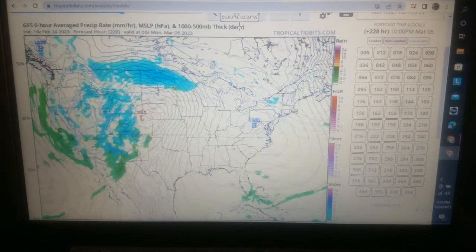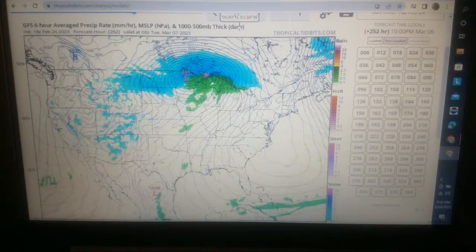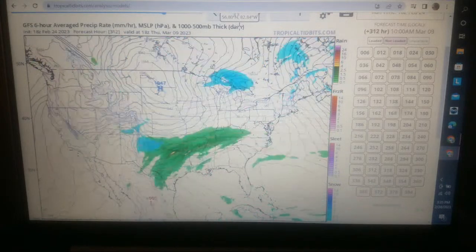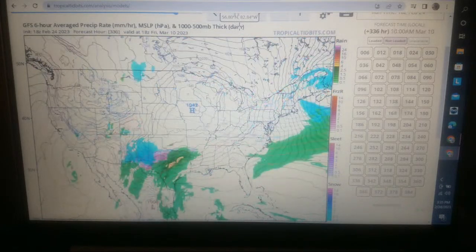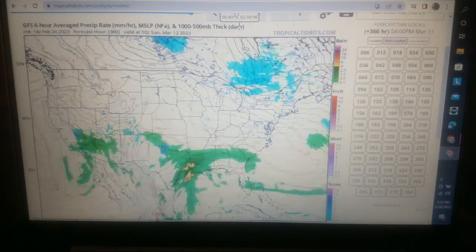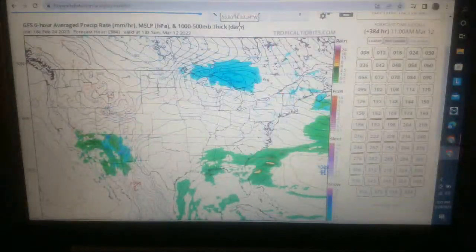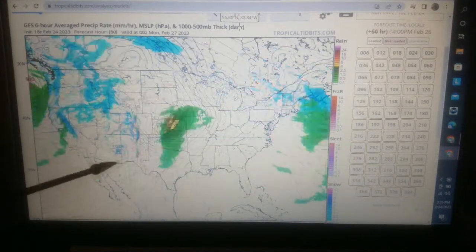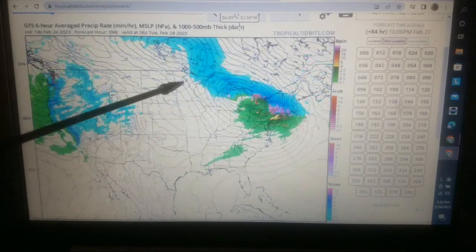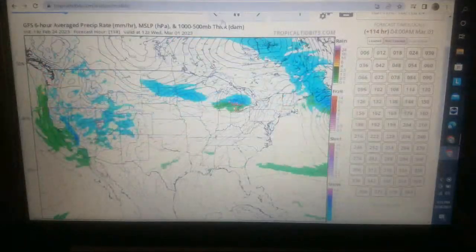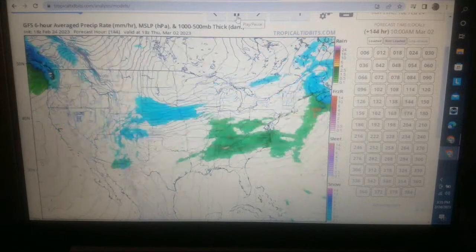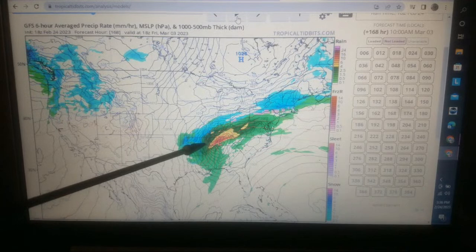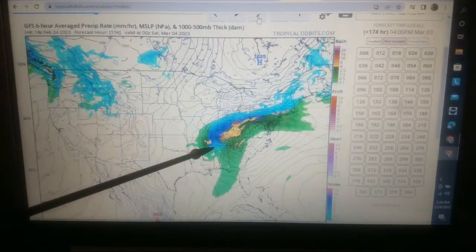I want you guys to use your own observational skills now that I've taught you, or that you have acquired, to watch closely. See the signs. The signs are all around you. It's just, can you see them and interpret them correctly? Okay, this one right here, that storm, when it comes through, look at the icing it's going to do up in there. You know what, let me, I'm not doing my job. I want to freeze frame. Oh, look at this right here, okay? This is a gnarly mess, but